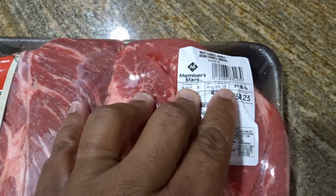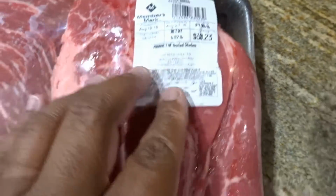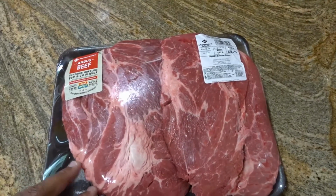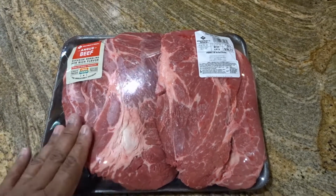All right, so you guys saw me pick up this chuck roast. I got it from Sam's. It was $4.98 a pound, which isn't too bad. I mean, this is a pretty big piece of meat, or 2 pieces of meat. So what I'm gonna do, I'm gonna season these with some salt, some pepper, some granulated garlic, and I'm waiting